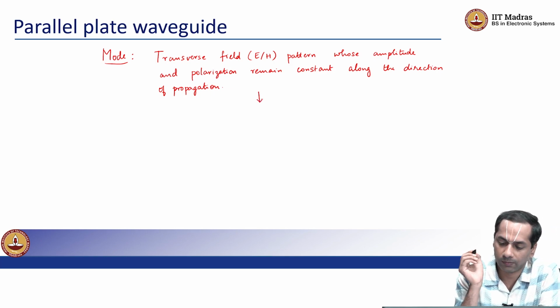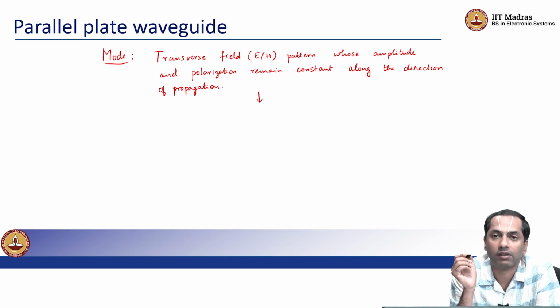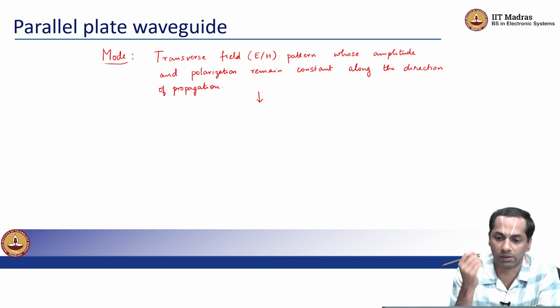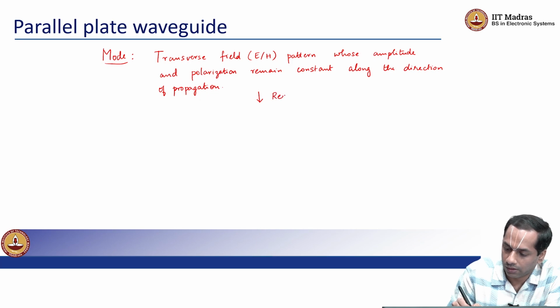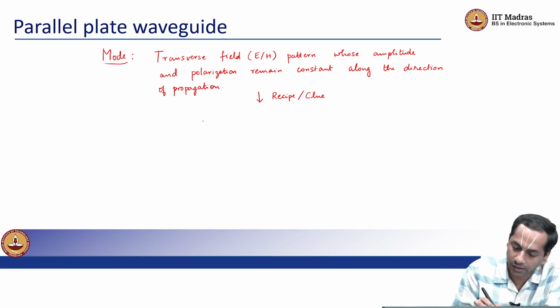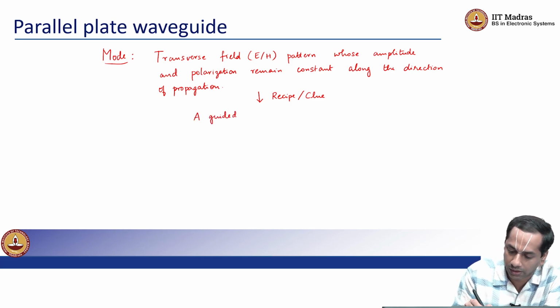So we say that we have identified, right, a mode, right? So remember, a little bit of what we have done before this juncture is to try and gather some clues or perhaps some recipes in order to tease out the electric and magnetic field solutions without having to solve the Maxwell's equations, right? So we can say that the recipe or clue to finding this transverse field pattern is to try and satisfy a transverse resonance condition, right? So a guided mode,